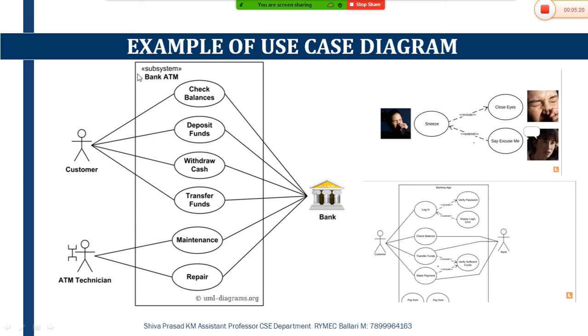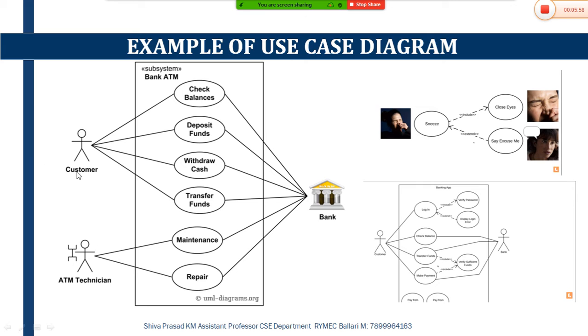Now the rectangle which I have represented here contains the information about the use cases which have been used for a particular system. Whatever we represent within this rectangle forms the system. The system is represented within this rectangle only, where this rectangle contains the information about the ATM system. So the customers at the left side act as primary actors, and the ones at the right side act as secondary actors.